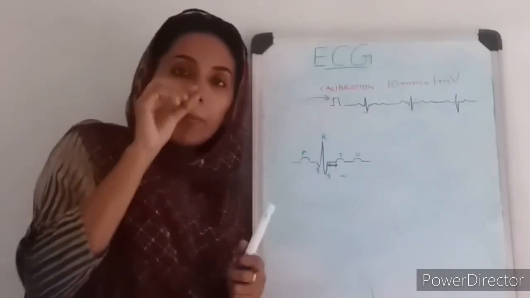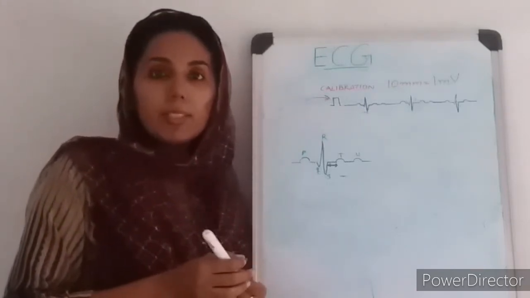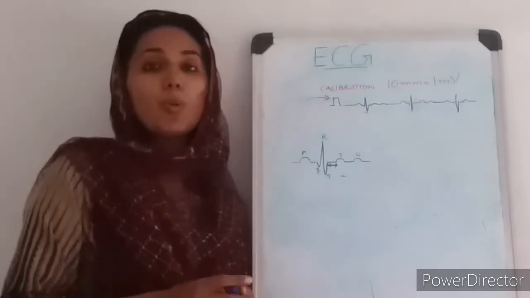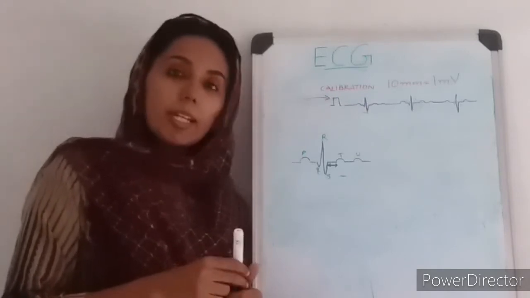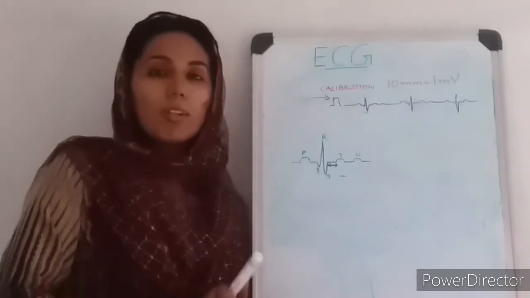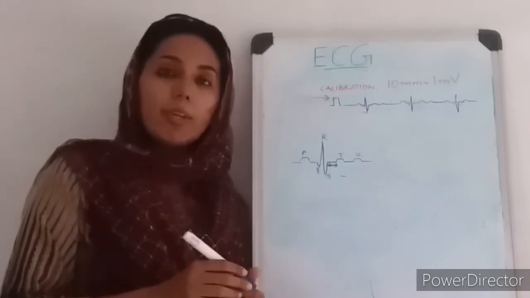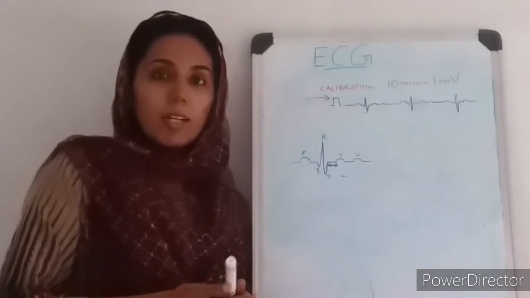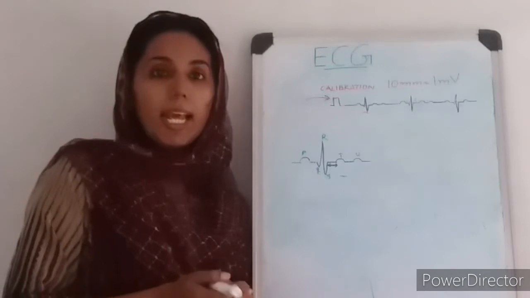So suppose you get 2 mm, means 2 small squares. If you get a small 2 mm rise in V1 to V6, don't take it as pathological actually. It is normal up to 2 mm in chest leads. Okay, up to 1 mm in limb leads also is normal. So what is this ST segment elevation and all? If you get an elevation more than 2 mm in the chest leads, okay, then that is a pathological ST elevation.